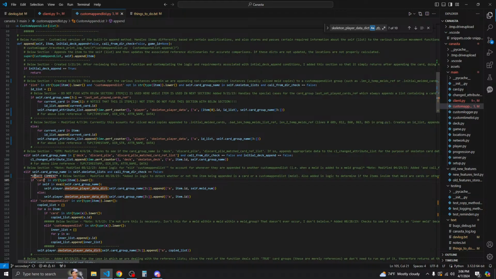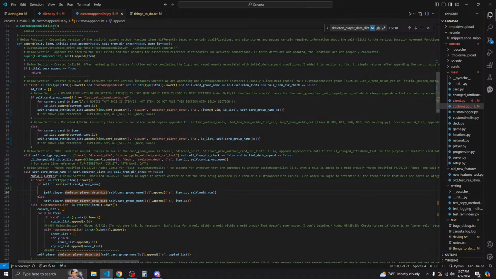So if card is in string of type of item.lower, if self in eval self card group name, and this means if it's a meld within a larger meld group, then we would do self.player.skeleton player data dict self card name, and then we have the meld num.